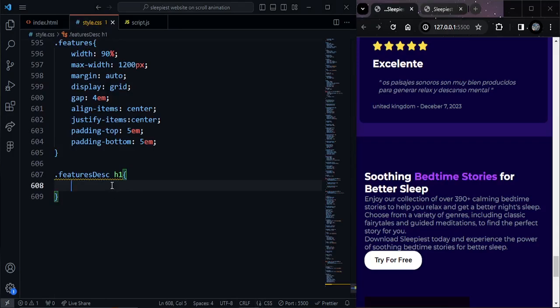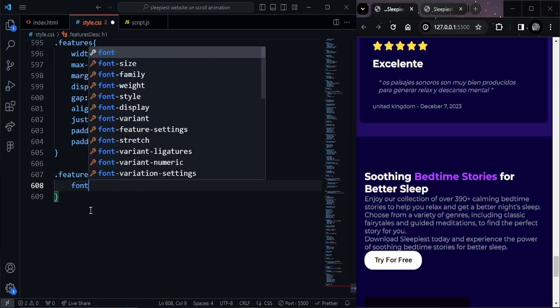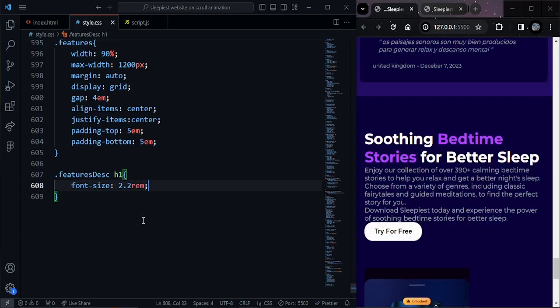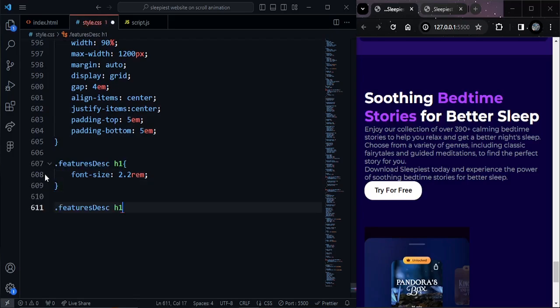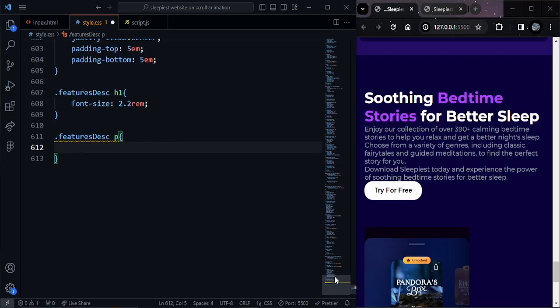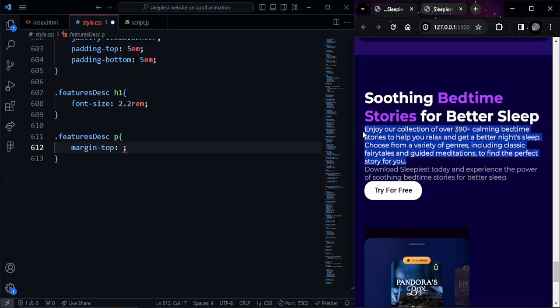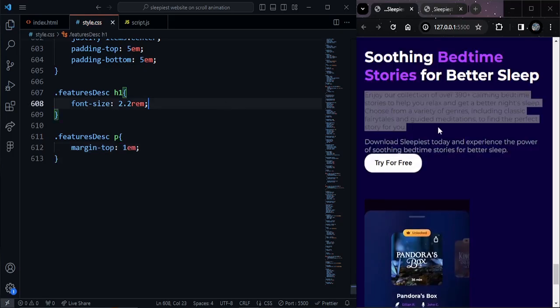So as the style in H1, we are going to increase the font size 2.2 rem, and again for the paragraph element, margin from top to give some space from the heading, and again from the first paragraph. Margin top 1 em, just like this,